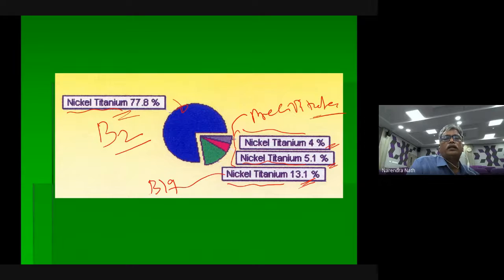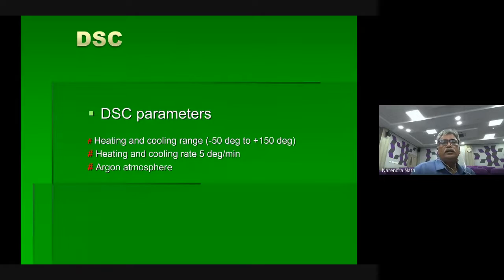This way you should correlate, because the peak refers to this, this, this. Otherwise everything looks like nickel titanium. So it won't tell which phase, but you have to refer back and see the intensity of the peaks. Okay. And DSC. So when you want to go for DSC, differential scanning calorimetry, people are asking what